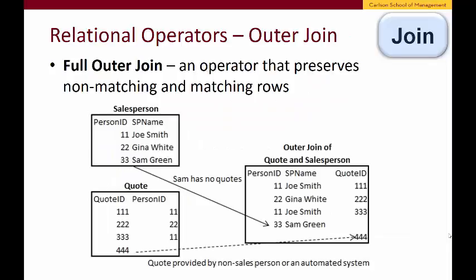The two variations of a natural join are discussed next. Sometimes we want to show the non-matching rows because they give us additional information. For example, using a full outer join on the salesperson and quote tables includes the non-matching person ID of 33 and null. The inclusion of person ID 33 in the resulting table, right here,